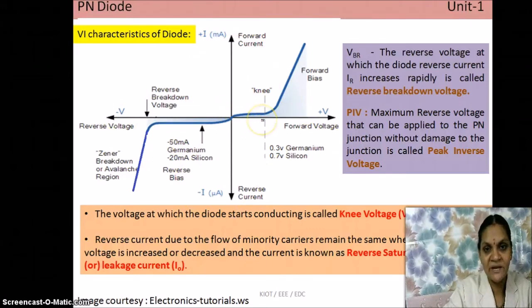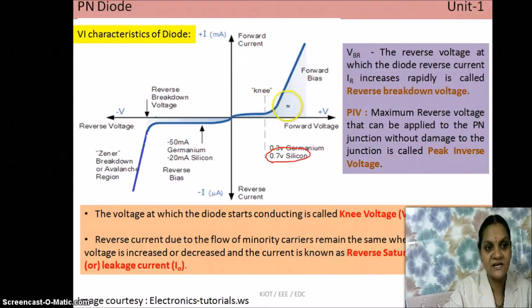Initially under forward bias condition, it acts as a closed switch. By increasing the forward voltage, the current starts to increase. Till this voltage, the current is increasing by a very meager amount, very less amount. And this voltage is called cut-in voltage. I said that we are using a silicon diode. Cut-in voltage is 0.7 volt. Once the cut-in voltage of 0.7 is reached, after that, whatever the increase in voltage, the current flowing through the diode increases exponentially.